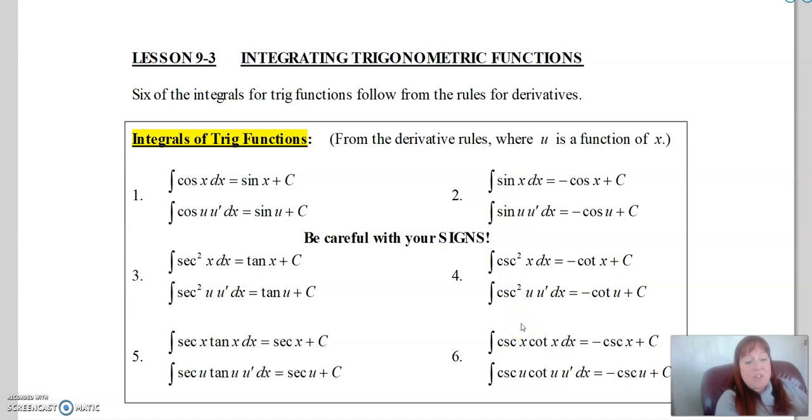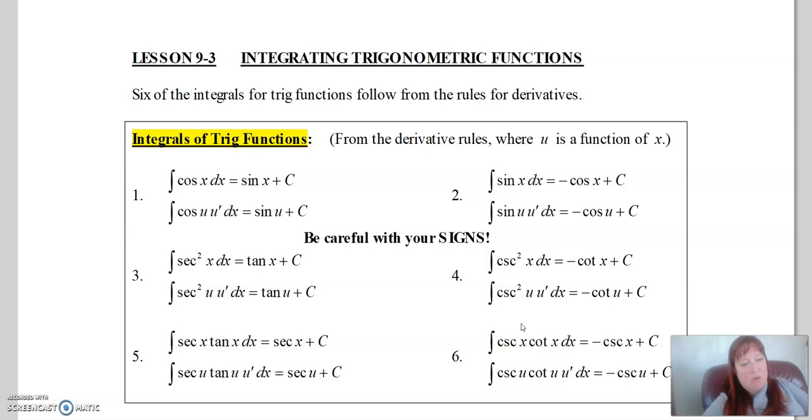We're integrating trig functions, so you're all freaking out because you're like, oh, I don't know how to integrate. But remember, integrating is just the inverse of deriving. So if you know how to derive a trig function, you know how to integrate it. So let's take a look. Let's go back actually to our derivatives of trig functions, because basically the idea with integrating is you can just